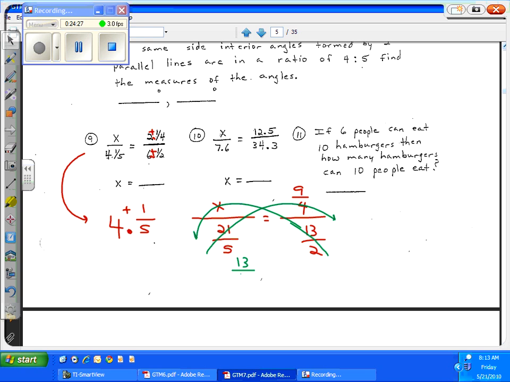So we get 13 over 2x is equal to, when you multiply 21 times 9, you get 189 over 5 times 4 is 20. And then remember on page